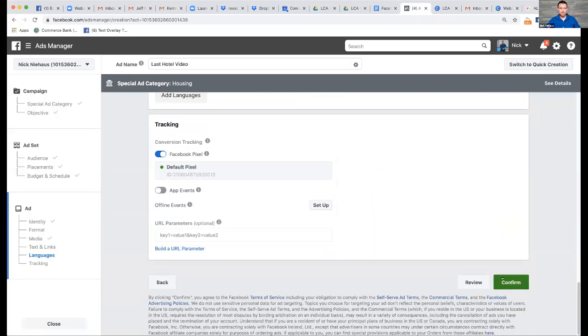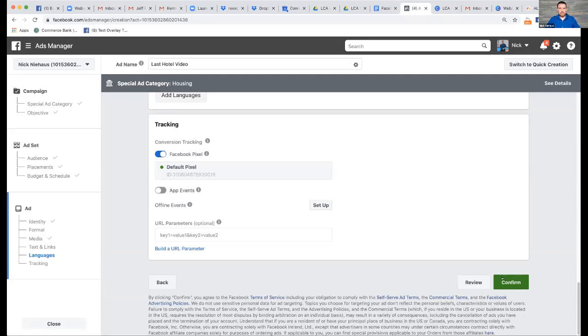I'm not going to do it because I don't want this ad to actually run right now. But once you click on confirm, it's going to take a few hours, sometimes a day or two, to be approved. Facebook has to go through and review any ad that is posted. And at that point, it'll either get approved or denied. And depending on what happens, you can then move forward, right? So if it's approved, that's good. You're good to go. If it is denied, you can sometimes go in and appeal that. But hopefully, if you had selected housing as your category and you followed all the rules, you shouldn't have any problems, okay? All right, so that was a lot.